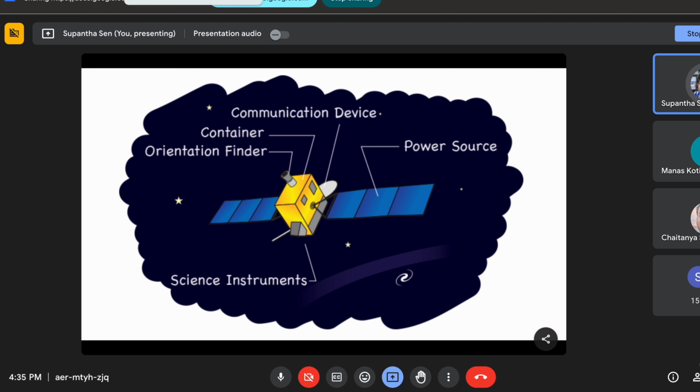Now, as I told, temperature. On Earth, when you are in the sun, you feel hot. When you put a solar panel there, it will be hot, and at night it will be cold. But how much is the temperature difference?